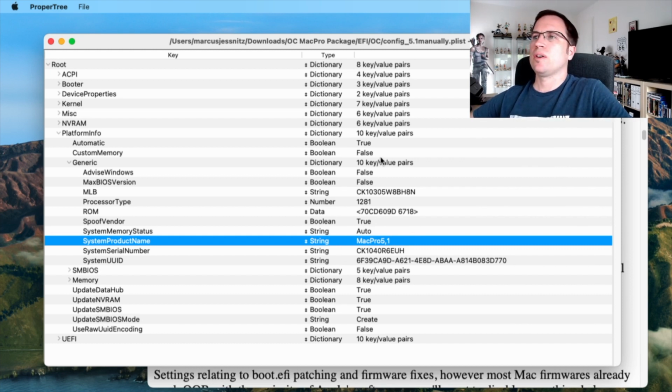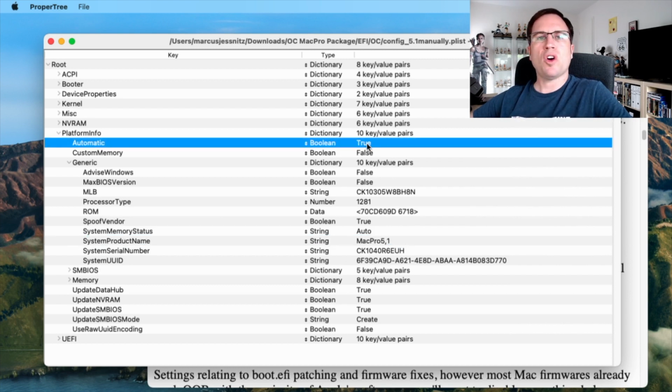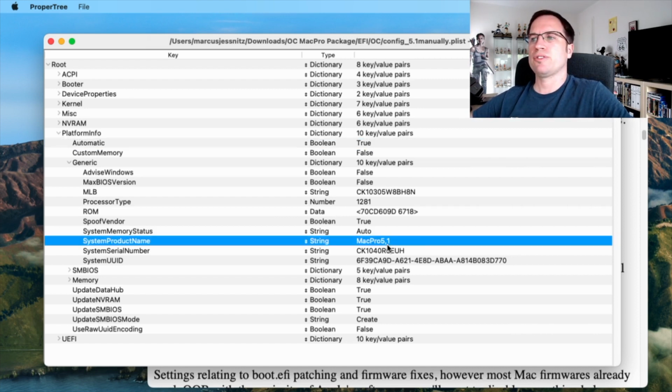If you set automatic to false, it just uses the info it gets from your BIOS, from the hardware, and it shows up as the real hardware you have. So if you want to spoof a different hardware, you need to set automatic to true, and you have to change those values down here.